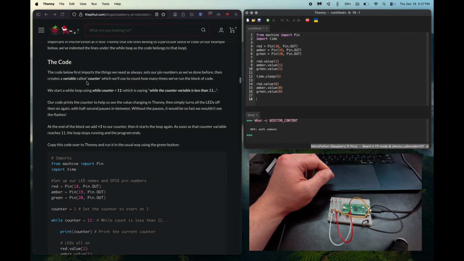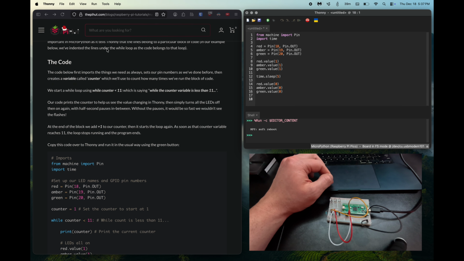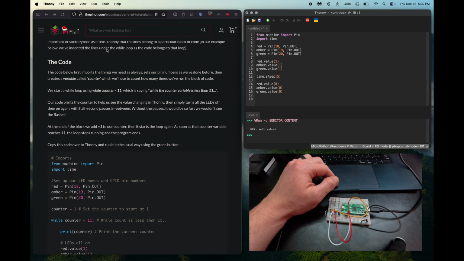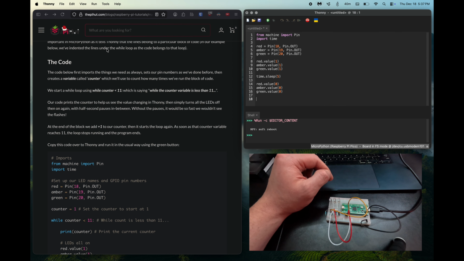The code. The code below first imports the things we need as always, sets our pin numbers as we've done before, then creates a variable called counter, which we'll use to count how many times we've run the block of code. We start a while loop using while counter is less than 11, which is saying while the counter variable is less than 11,